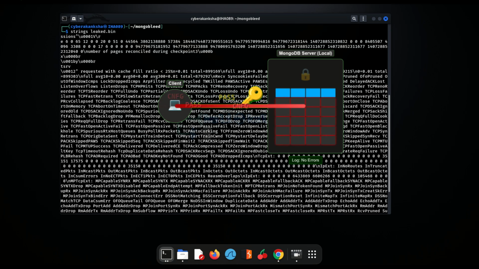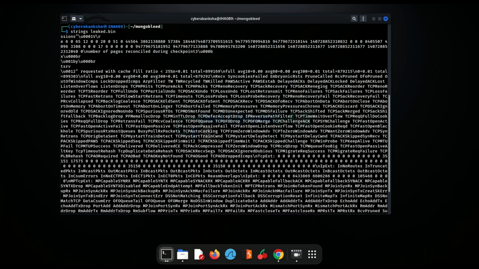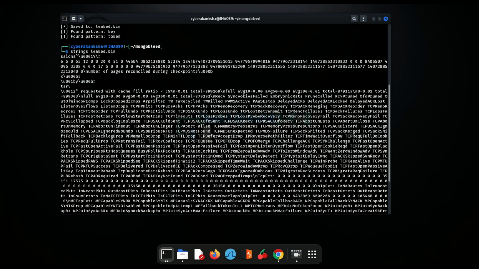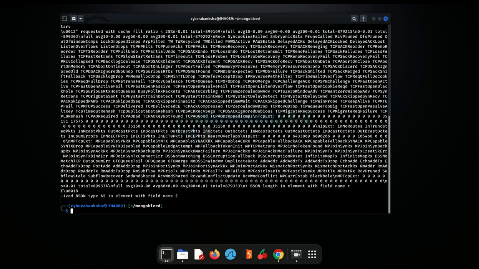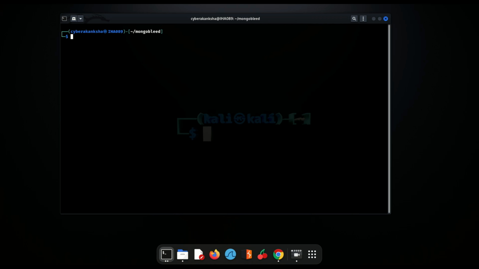This is a pre-authentication memory disclosure. Firewalls, passwords, and auth don't stop it. If MongoDB is reachable and vulnerable, memory can be extracted remotely. In real environments, this can be chained into credential recovery, lateral movement, and full infrastructure compromise. This is why MongoBleed is considered critical severity.